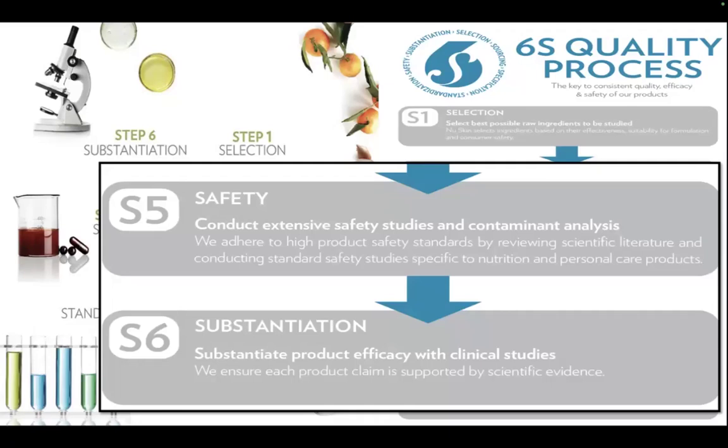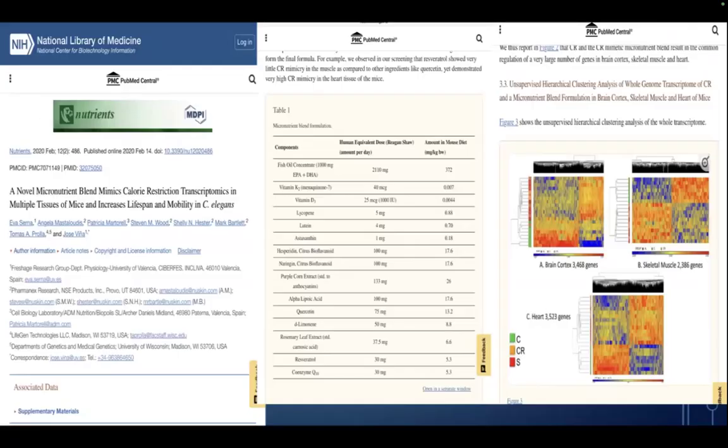So this is where I said we conduct hundreds of clinical studies, right? Then I will show, for example, two. This is an example of a preclinical, on one of our products called Wispan. You can see all the ingredient blend here. For those who are familiar with Wispan, these are the Wispan ingredient blend. More importantly, they proved that a micronutrient blend mimics calorie restriction,